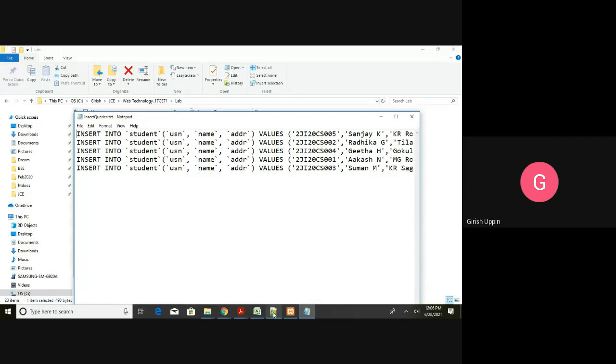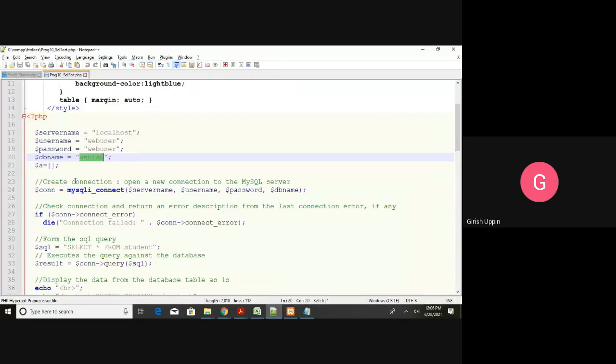Now we'll go back to the code. Once you have the database instance created, user created, and then the table created, you can make a connection. I have all this information ready, and I have one empty array variable created here.